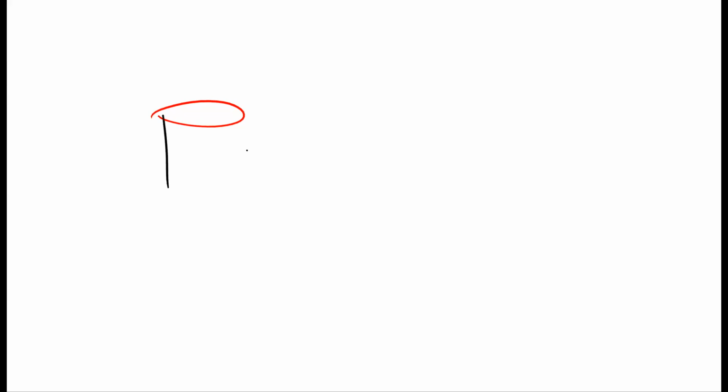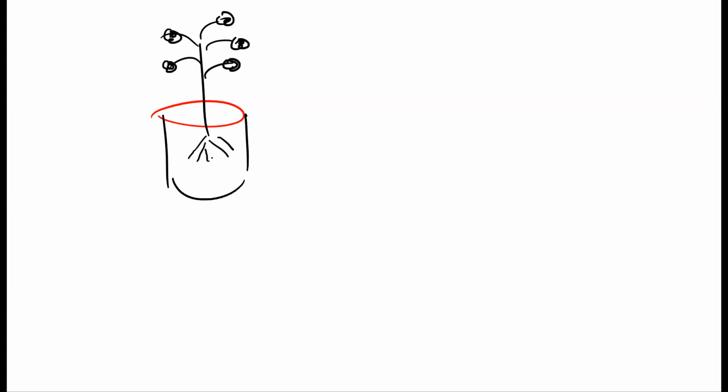If you are having a plant, you are very much familiar that the root always grows in the direction of gravity. Root goes in the direction of gravity, but here you see the stem grows against the direction of gravity. So it shows negative geotropism,